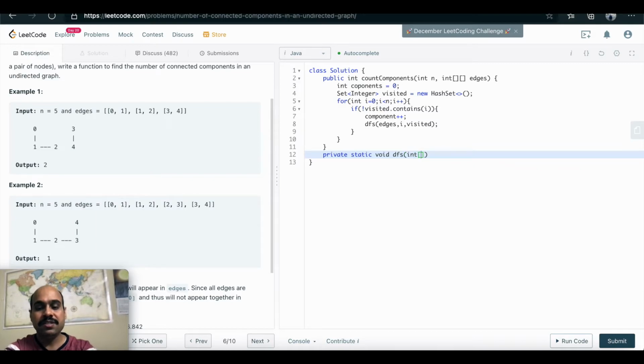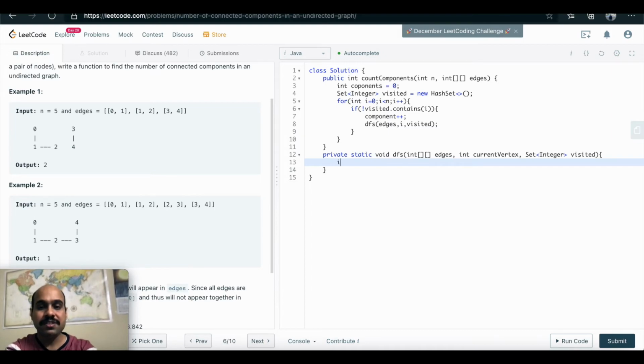We need an integer 2D array for edges, an integer current vertex or source vertex, whatever you want to call it, and a set of integer which is basically visited.